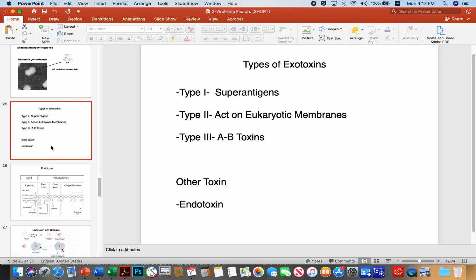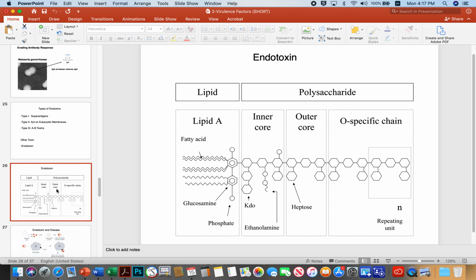Some of the types of exotoxins that microbes produce fall into different categories. It's the type 1, 2, and 3s. The other type are the endotoxins, which I'll talk about as well. Type 1s are the superantigens, as the name suggests. They sort of overstimulate the immune response. Type 2s are toxins that damage eukaryotic membranes. And third are the AB type toxins, the type 3s. As far as the others go, endotoxins are